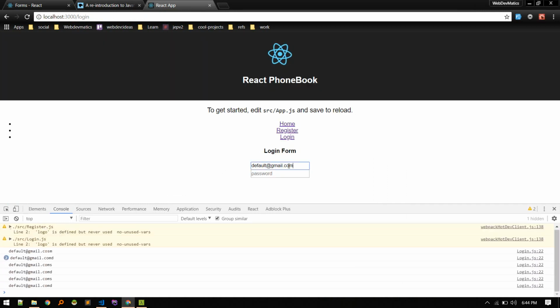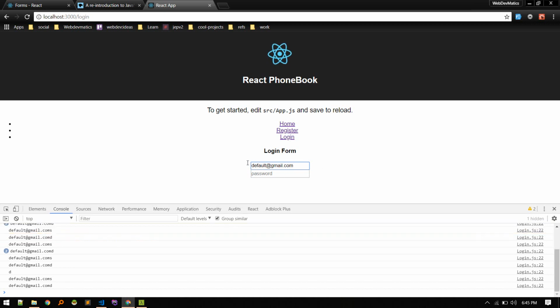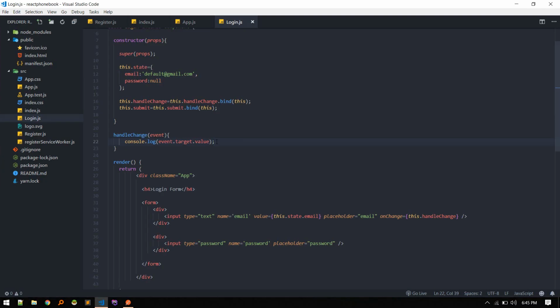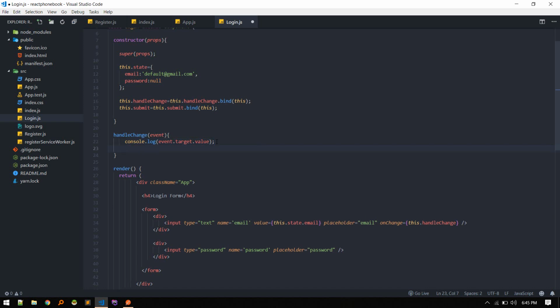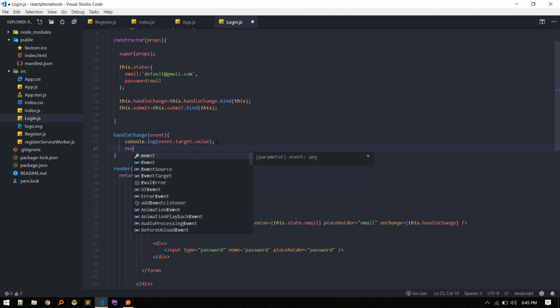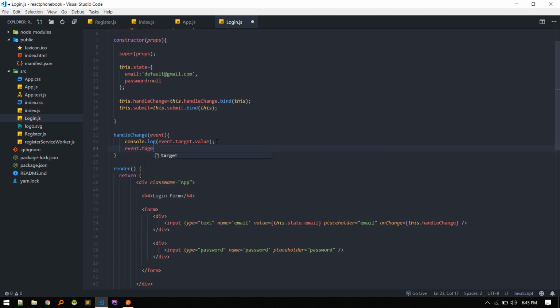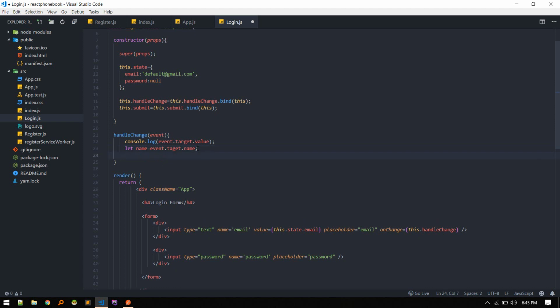Change, yeah, we're getting this target value. And then what we need to do is this is the value of the field, and we need to set this field. I think also we can get event.target.name. So this will be the name of the field. Let name equal this, and